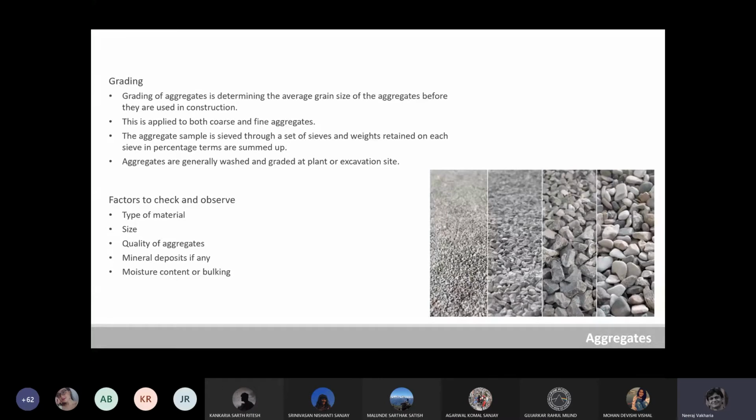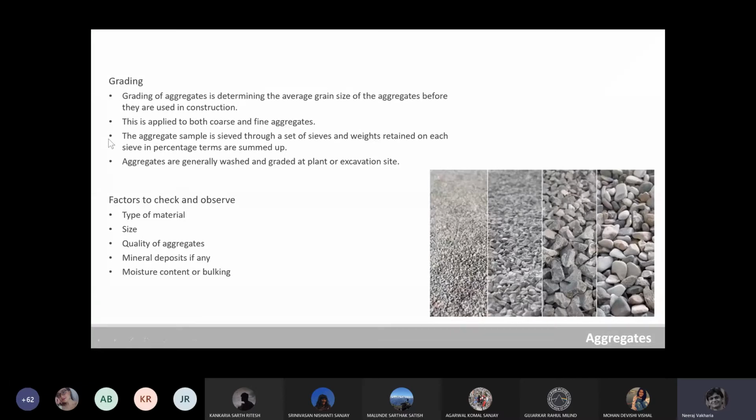Now you can't use only one type. Let's say these are the fine aggregate, then you can't just use this. There has to be proper gradation. There has to be proportionate divisions of all types of sizes to fill the voids properly. Okay. The aggregate sample is sieved through a set of sieves and the weights retained on each sieve in percentage,